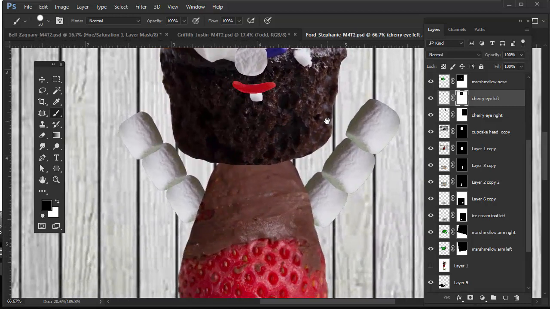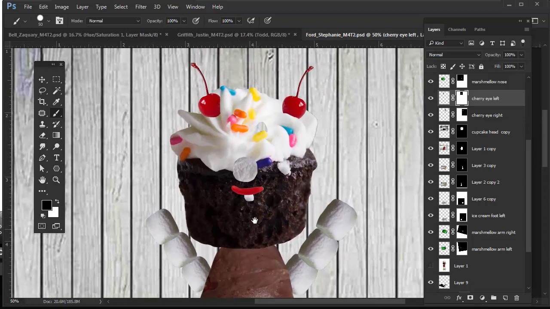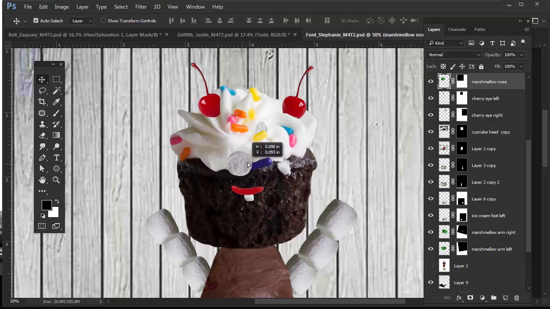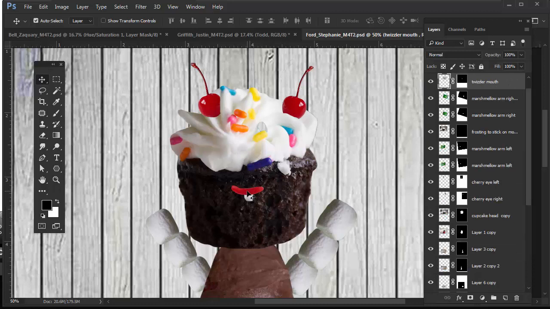So that's where creating these, that's why this doesn't work. This marshmallow here, this is just kind of there. You put that there to look like a nose. All right, just get rid of that. That's not good. All right, this twizzle here, if you want that to look like it's part of character, then